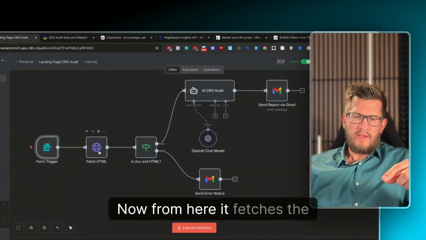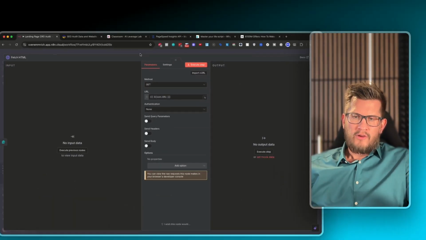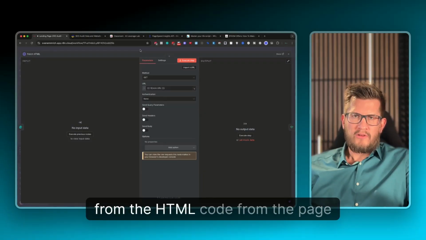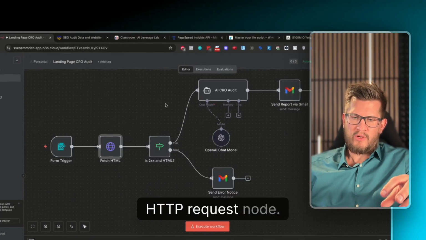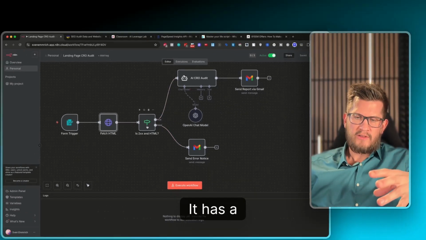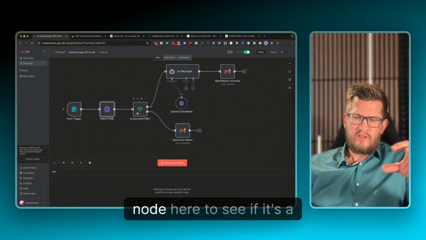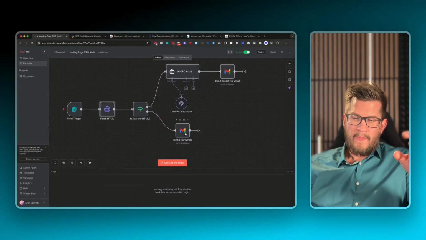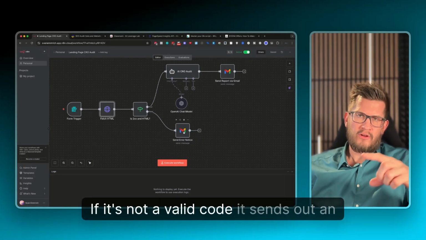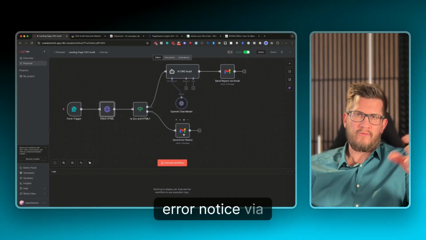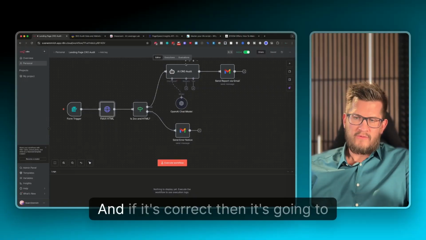From here, it fetches the HTML code from the page with a simple HTTP request node. It has a true-false node to see if it's a valid code on the page. If it's not valid, it sends out an error notice via a Gmail node, and if it's correct,